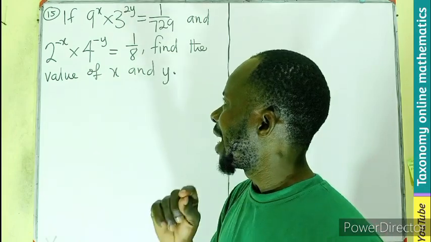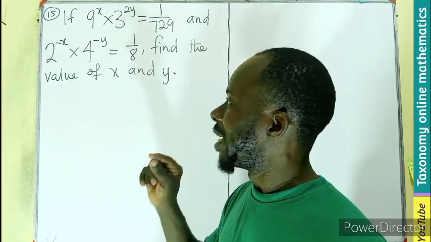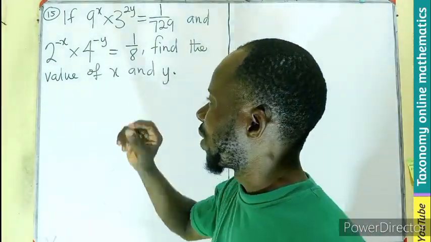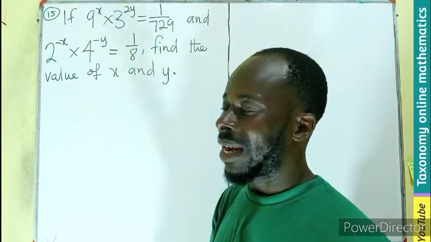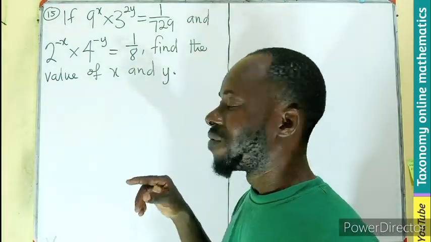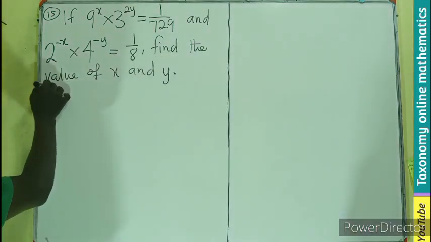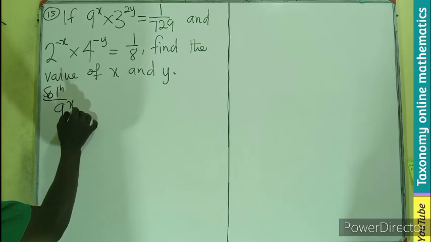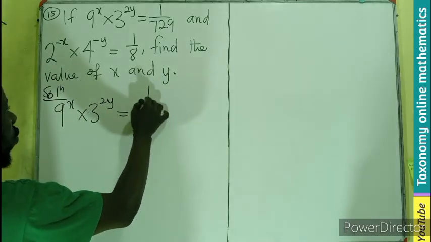So if 9 exponent x times 3 exponent 2y equals 1 over 729, and 2 exponent minus x times 4 exponent minus y equals 1 over 8, we have to find the value of x and y. So picking the first one, we have 9 exponent x times 3 exponent 2y equals 1 over